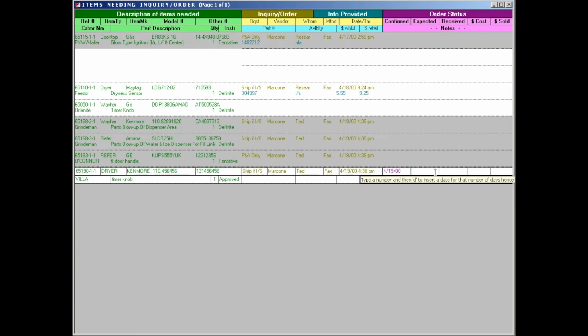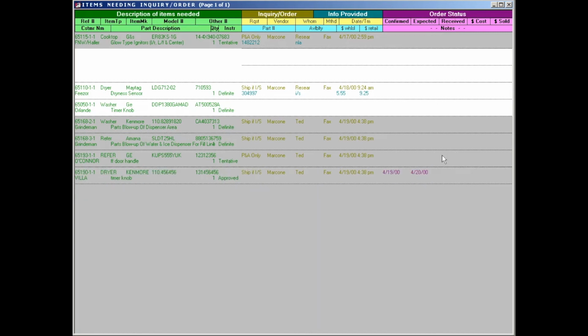Let's see if I remember right. Oh, it's telling me right here: type a number, then D to insert a date. I'm expecting it in 1 day, so I'll put 1D, and it gives me that date. That's a little easier than typing the date. Then I hit enter and escape, and now I have this information that I confirmed the order on this date. It's expected on this date, and I could do the same with these others. As you can see, it basically helps you keep track of this information. And then when the part came in,